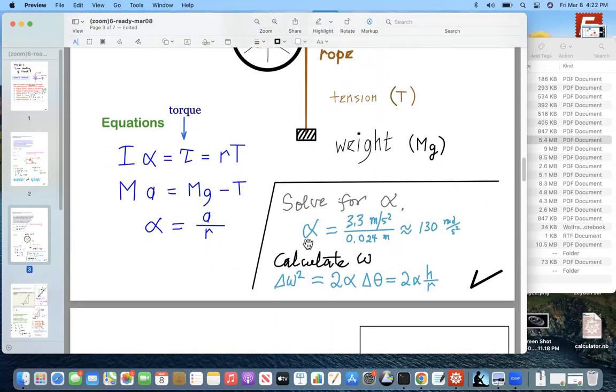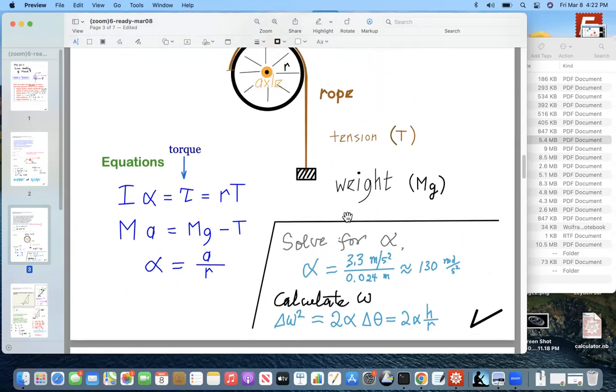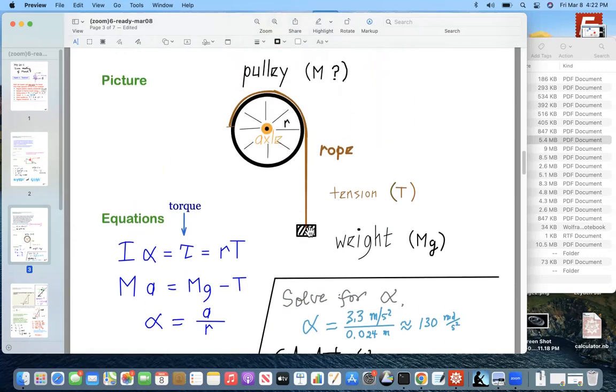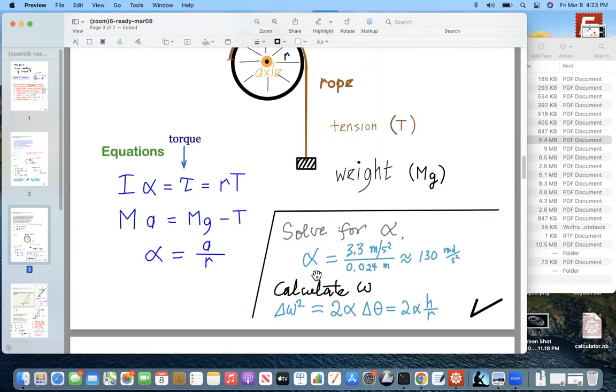Solve for alpha. It's something like 130 radians per second squared. Do this calculation accurately with a calculator. Now, as for the speed where the weight hits the floor, well, we have here a case of constant